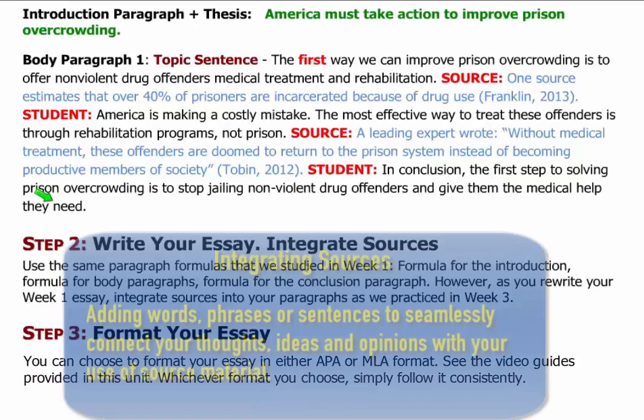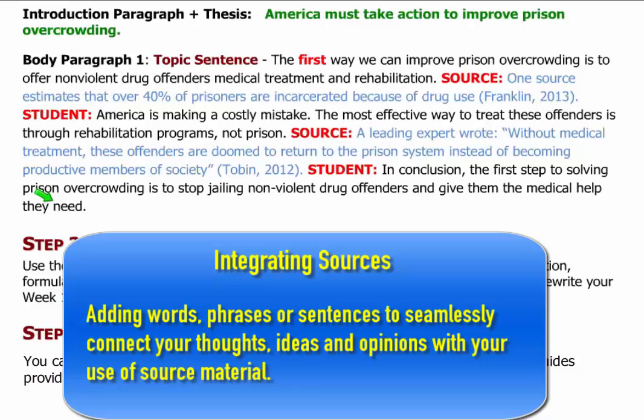So that's what we mean by integrating your sources: going back, reading the paragraph sentences, and seeing where you can put in transitions, transition words and phrases, to make a kind of seamless flow between your sentences and the source material.